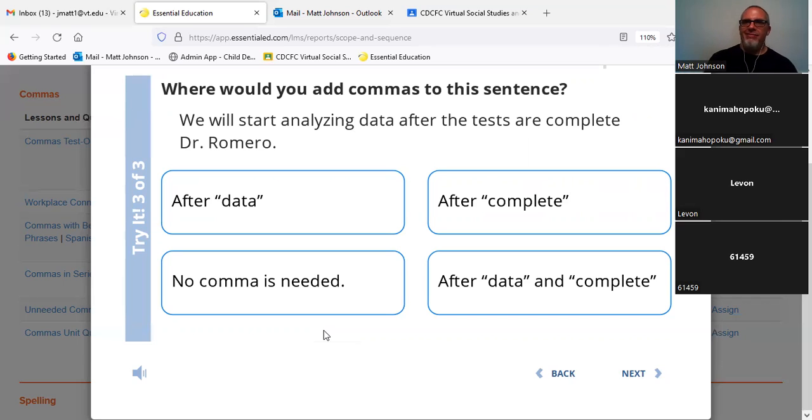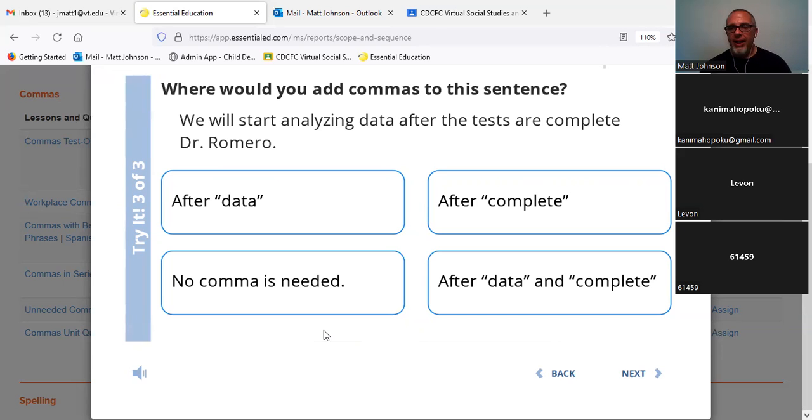He's not essential to the sentence, right? It's another way to think of it. We could just say we will start analyzing data after the tests are complete. Complete sentence, right? That's a complete independent idea. Dr. Romero set off there. We're addressing him. He's not the subject, right? It would be Dr. Romero will start analyzing data after the tests are complete, if he was the one analyzing